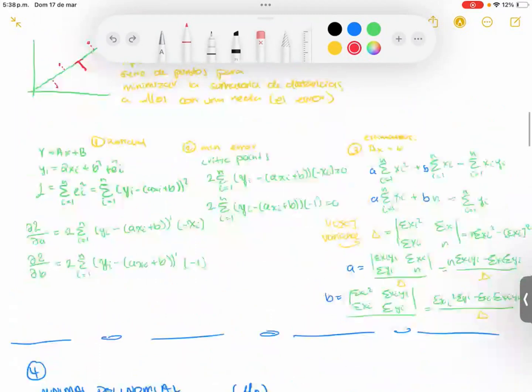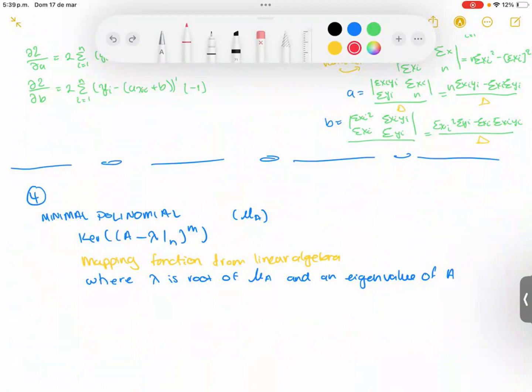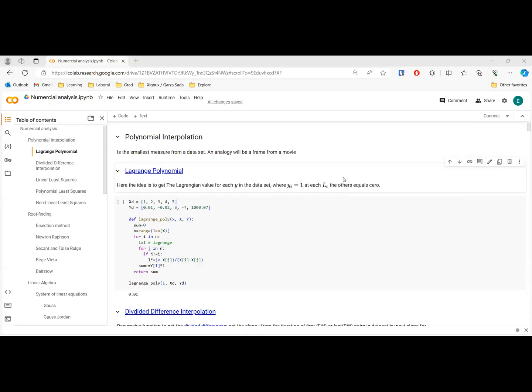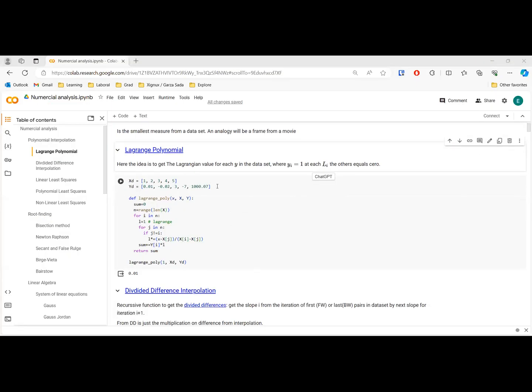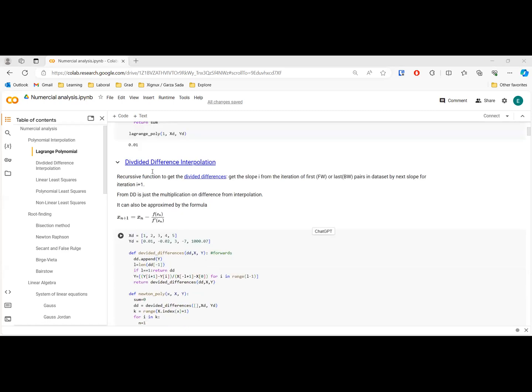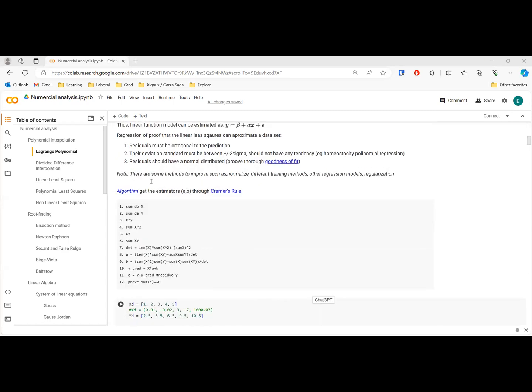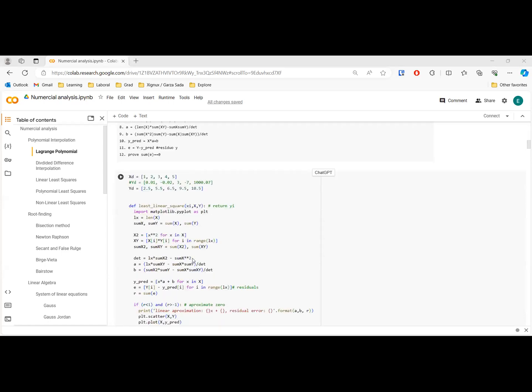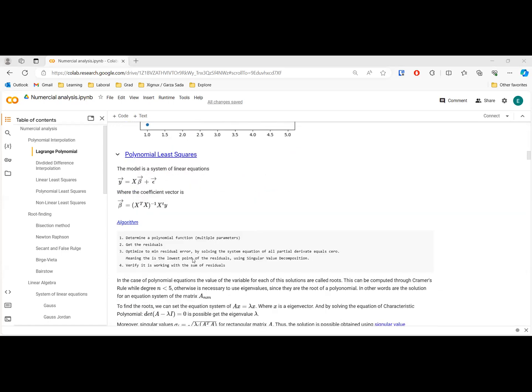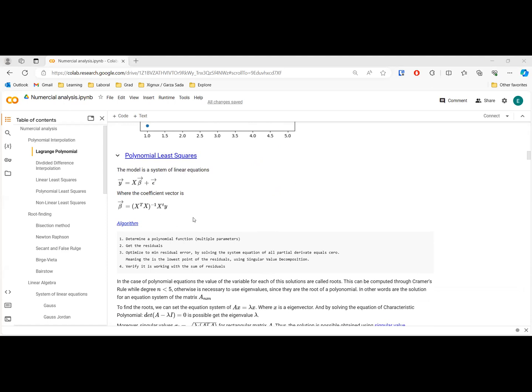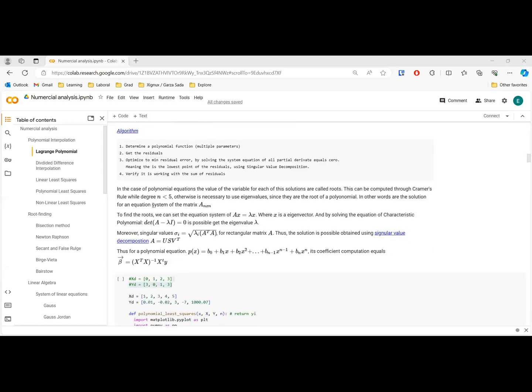All right, so that's it. The final point now, let me share the last screen from here. All right, so I have explained Lagrange polynomial. Divided difference is the same, and linear square is the same. What is different is how to get the polynomial squares. And this one is really interesting because instead of getting